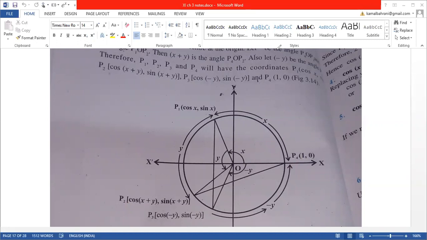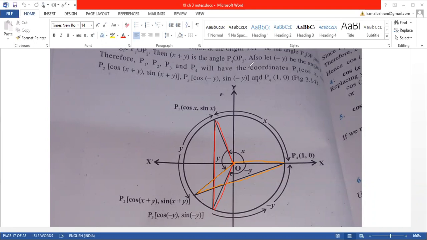I am telling you, this triangle O P1 P3, this is your first triangle, is congruent to, I will take some other color so that it will be visible to you, this triangle. How is it congruent? Can anyone explain? This yellow triangle and this red triangle are congruent. Let me explain because we are running short of time.